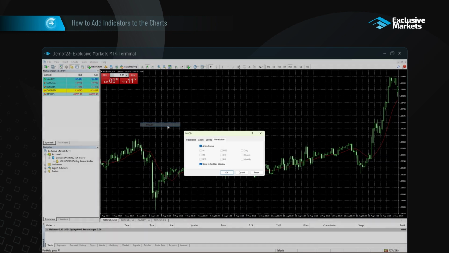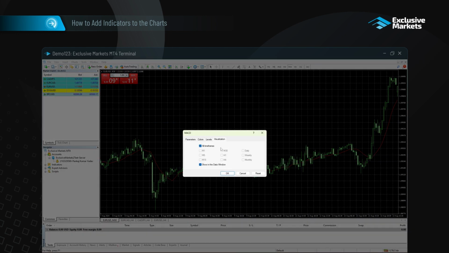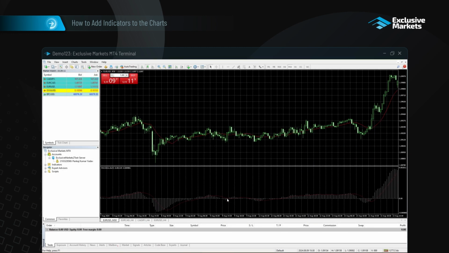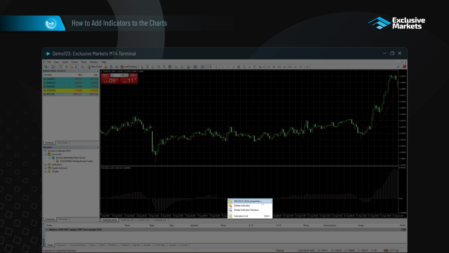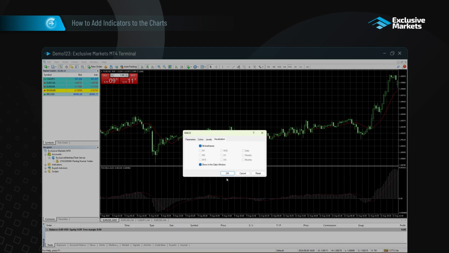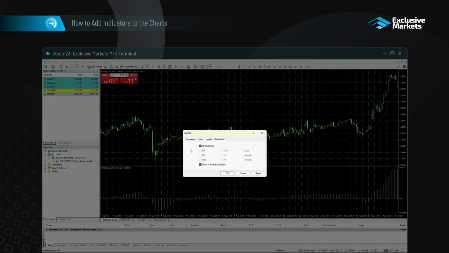Once you choose an indicator, a configuration window will open, allowing you to customize the appearance and settings of the indicator. If you need to return to this window, simply right-click on the indicator and select Properties. For example, using the MACD indicator, you can specify settings in the Parameters tab, add fixed line levels in the Levels tab, adjust the indicator's color in the Colors tab, and select the timeframes on which the indicator is visible